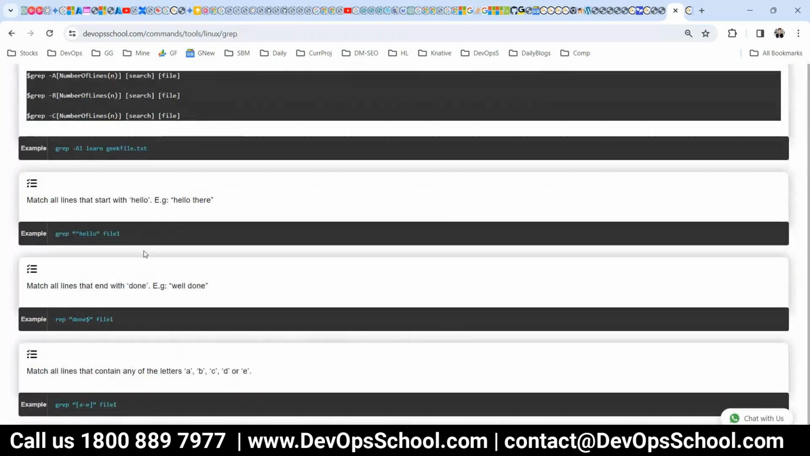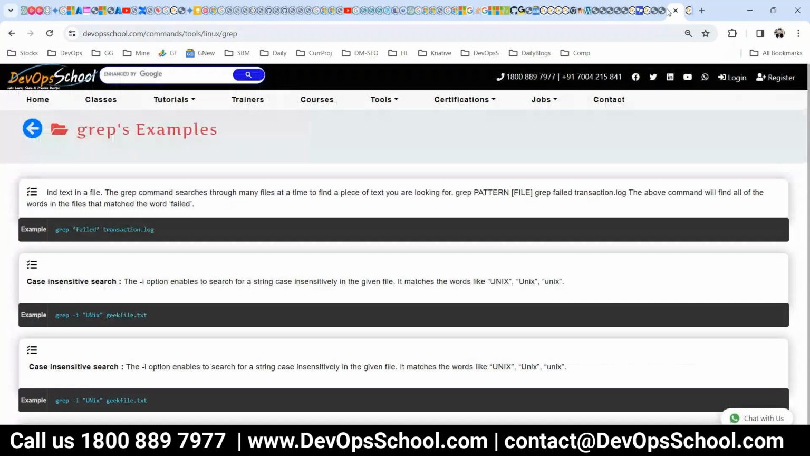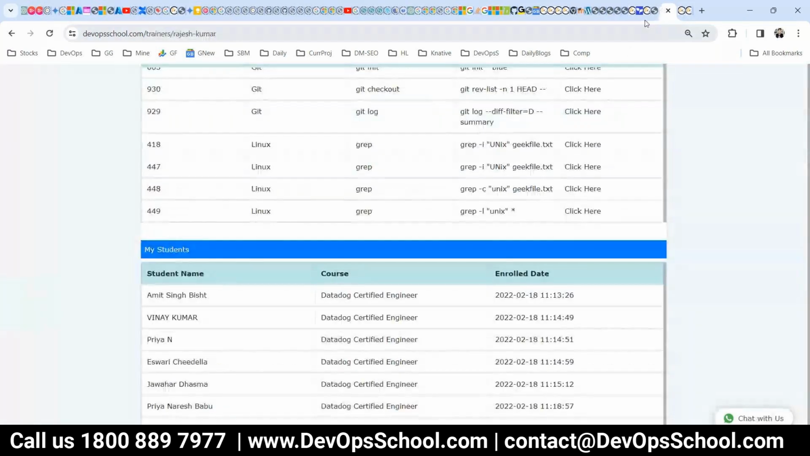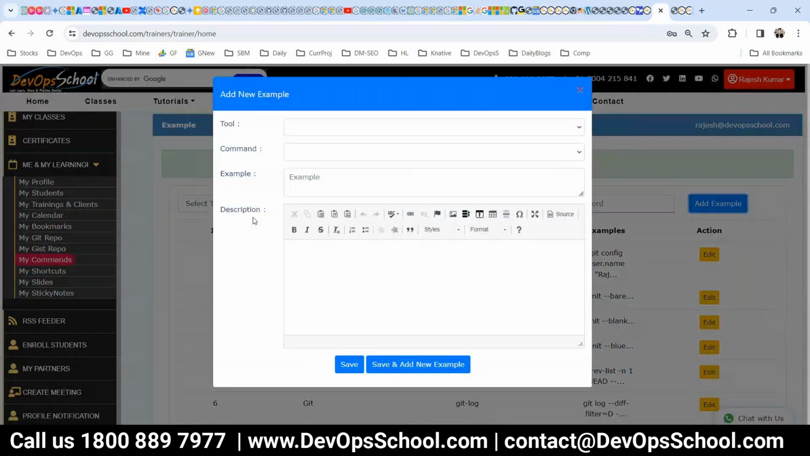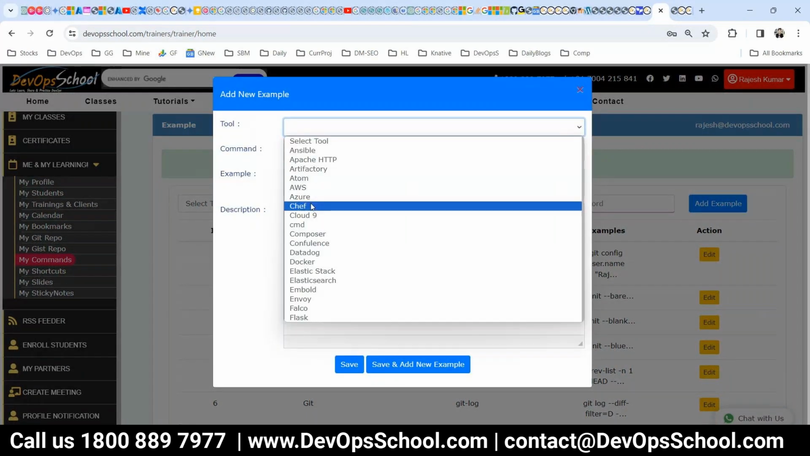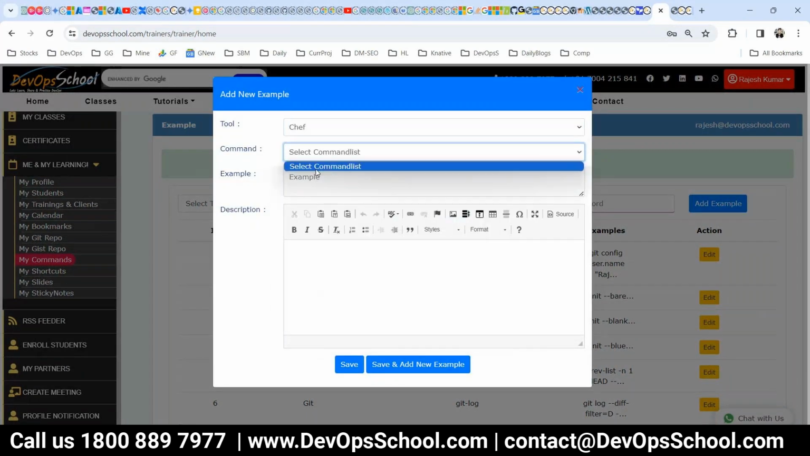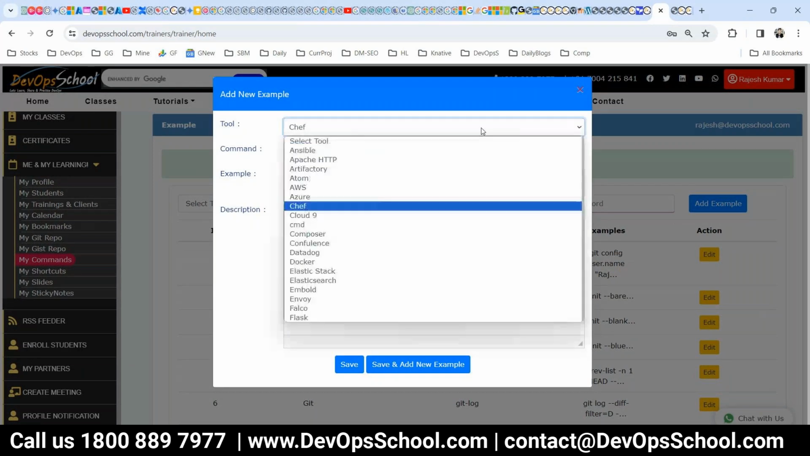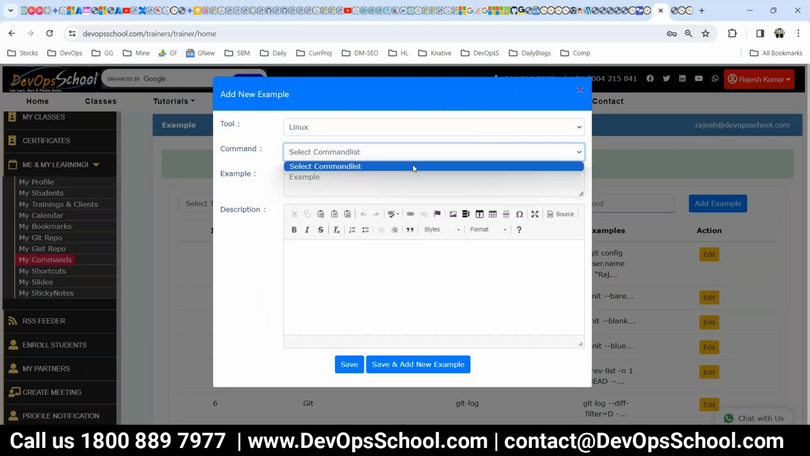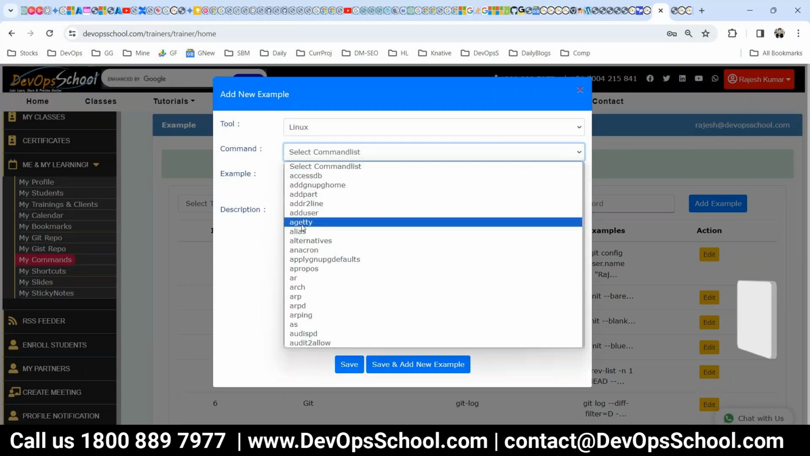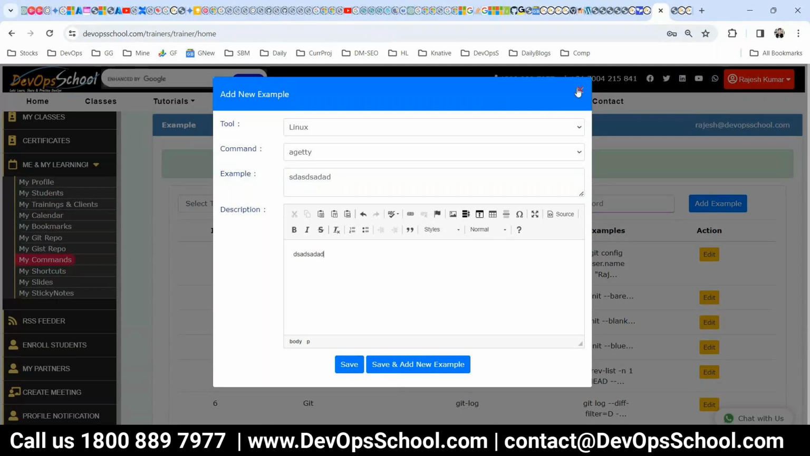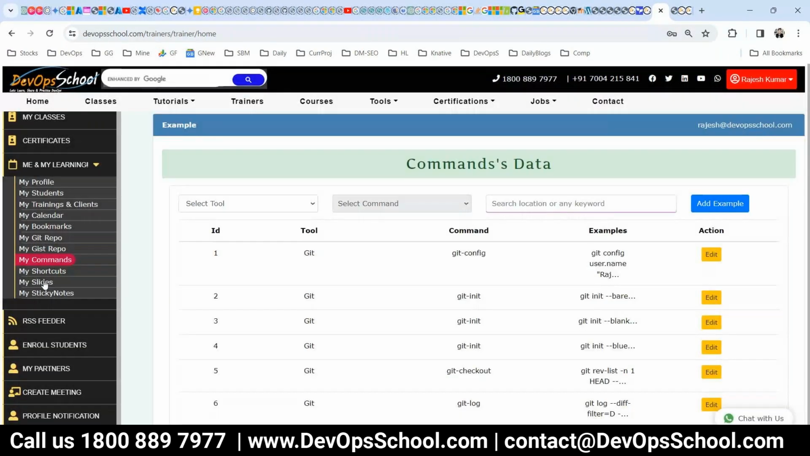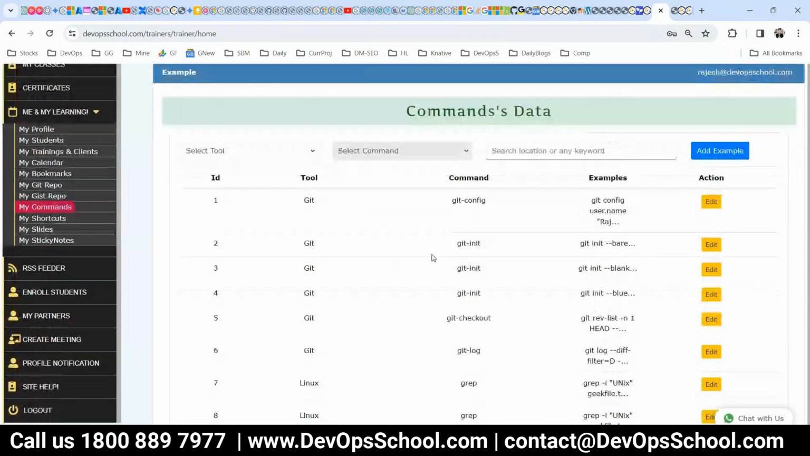So you have lots of features. You can add your collections also. How can we add? Go to my commands, and here add examples, and the tool which you want to add, let's say chef. Here you have the command list, let's say go for Linux, and here is the command list, this is a command, and you add the example description, save and done. That way, all of the commands which I submitted in the past,